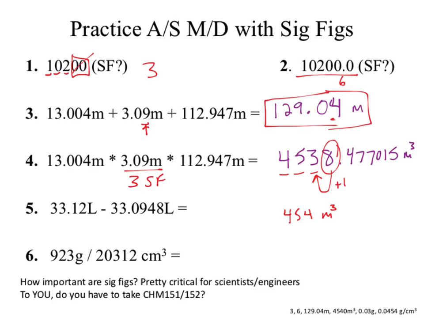Because then the 0 would just be a placeholder and it could mean 8. No, because you're now removing information from what you have. Your calculation tells you that you have an 8 there. So if you make it a 0, you're choosing to say that that 8 wasn't an 8. You're removing meaning from your calculation. So you can't make it 4530. Okay. You have to report it as 4540,